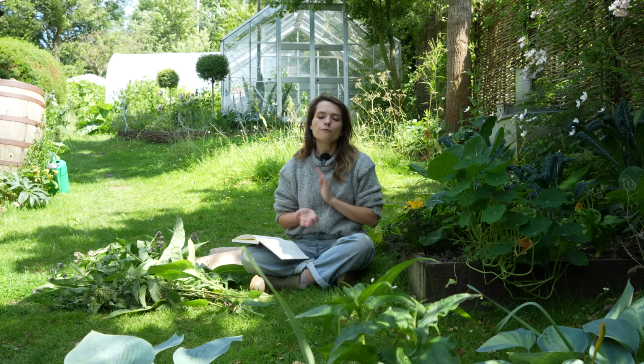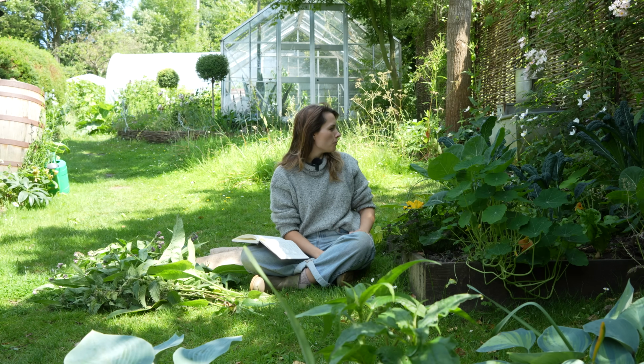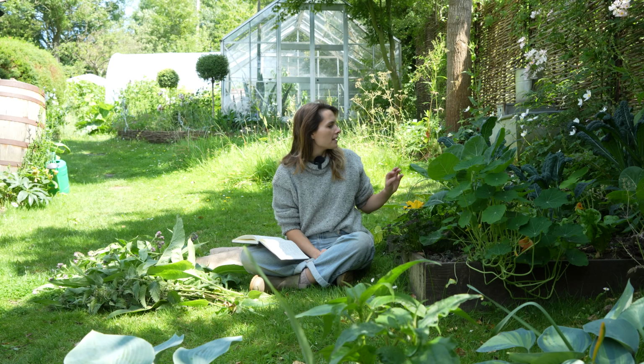Now that we're in June, we're transitioning into thinking about growing food and moving away from growing flowers so much. So I thought I would show you this patch here, which is a happy jumble of things, technically a polyculture if you want to be scientific about it. But the idea is that there's kind of resilience in diversity. And so we have things here like